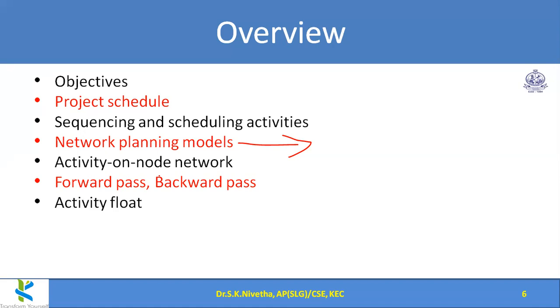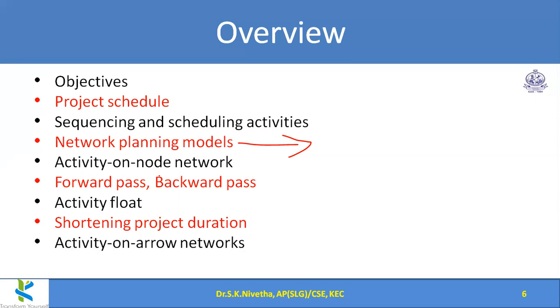And activity float. What is activity float while constructing the diagrammatic representation, and how do we shorten the project duration? Once the diagrammatic representation is ready, based on that we can plan. The diagrammatic representation will finally give me an idea of roughly how much time it will take to complete. So based on that, I can manage where and which activities can be kept parallel so that the total duration can be reduced. Those sorts of analysis we can do with that.